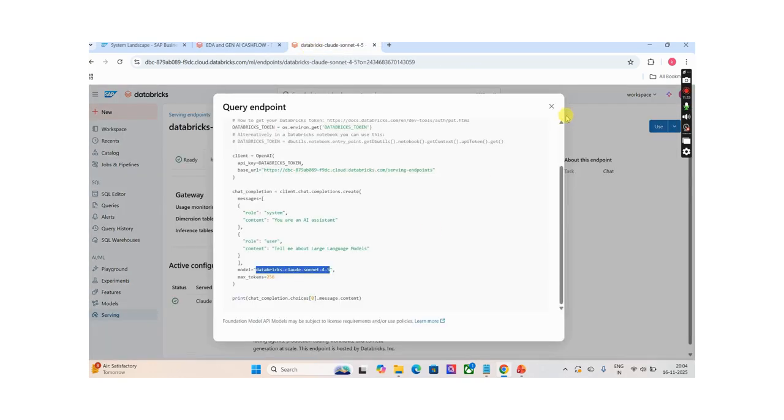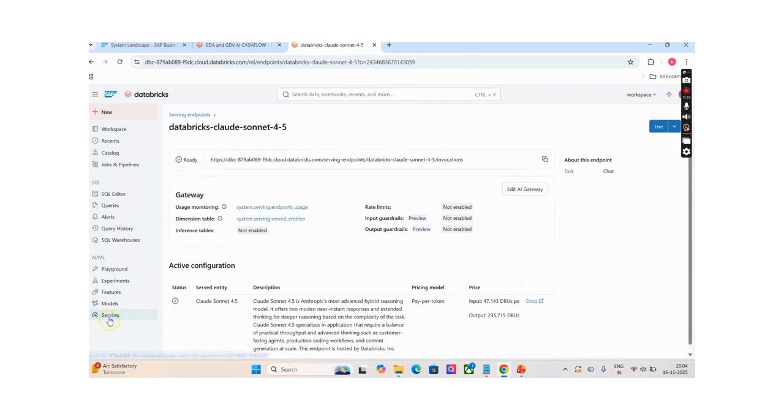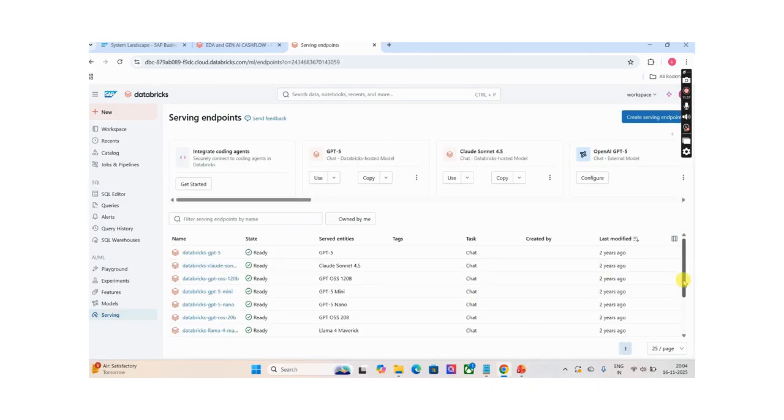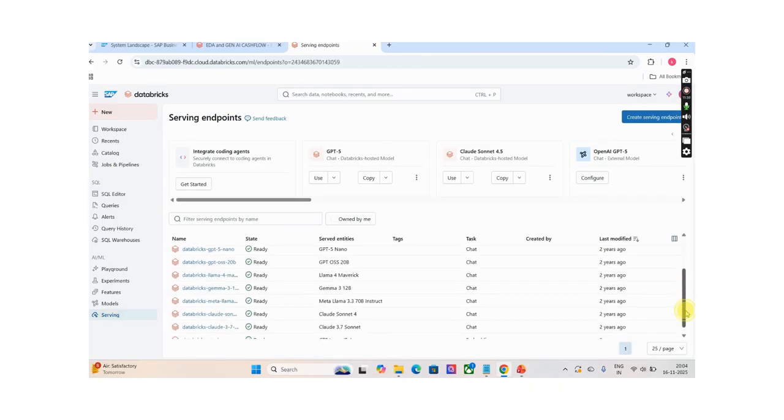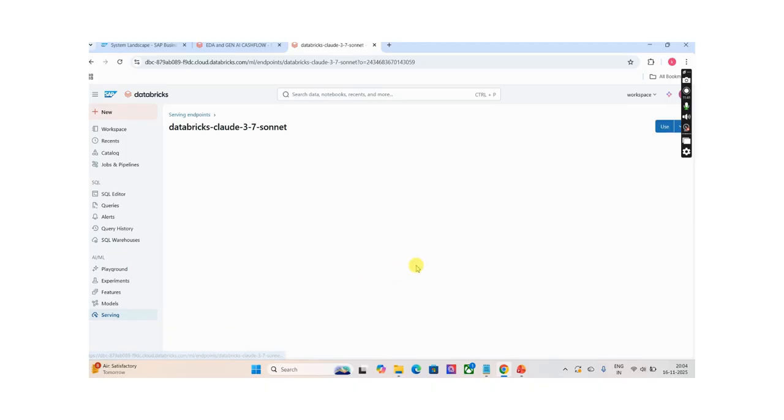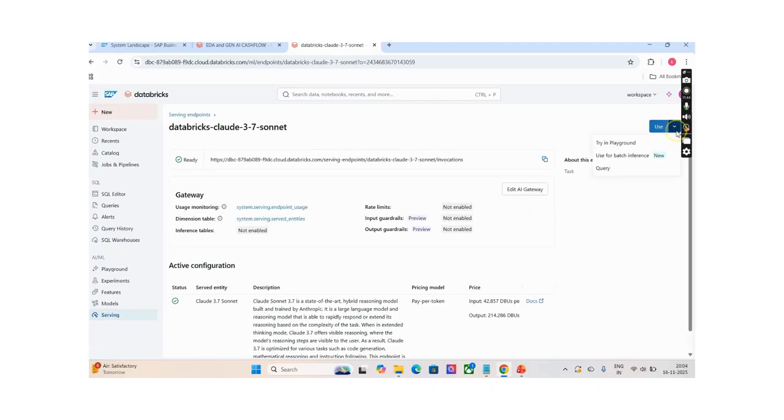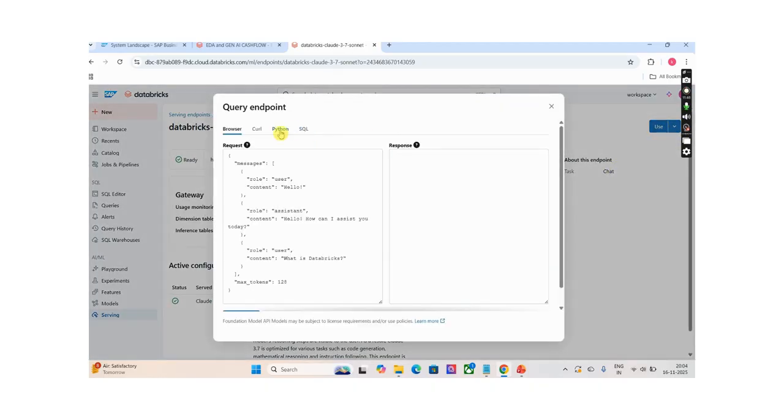Let me choose another one. Which one is Claude? Okay, 3.7, I'm choosing this one. Let's see whether this works or not.